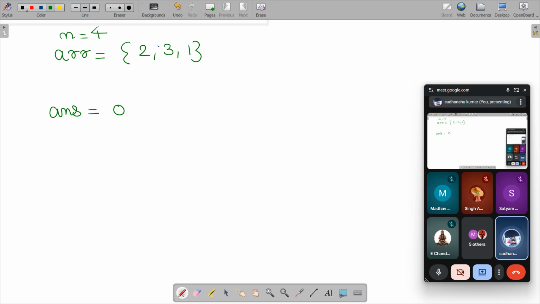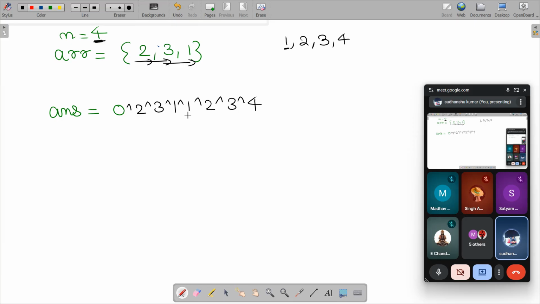Then I will run a loop on this array, take every element one by one and jor it to my answer. Once I am done with the array elements, I will run a loop from 1 to n. So n is 4, and my loop will run for the values 1, 2, 3 and 4, and I will jor all of these values to the same answer.